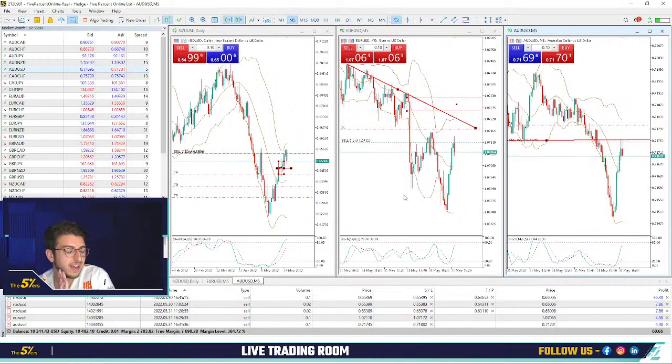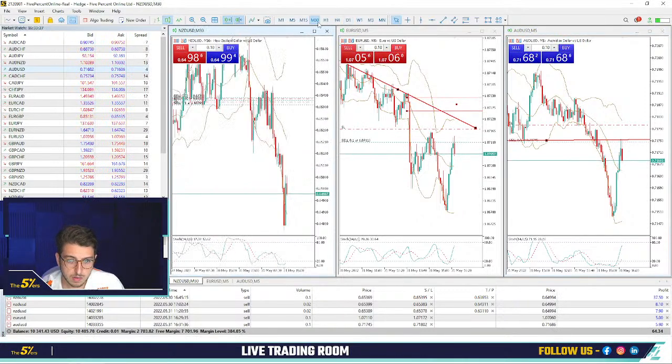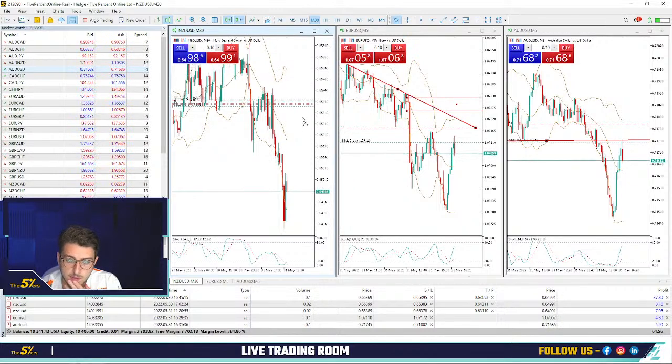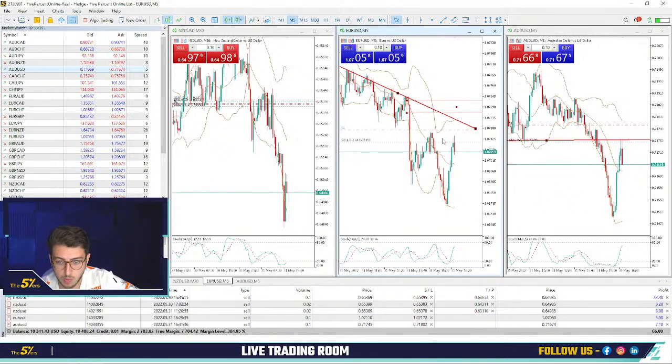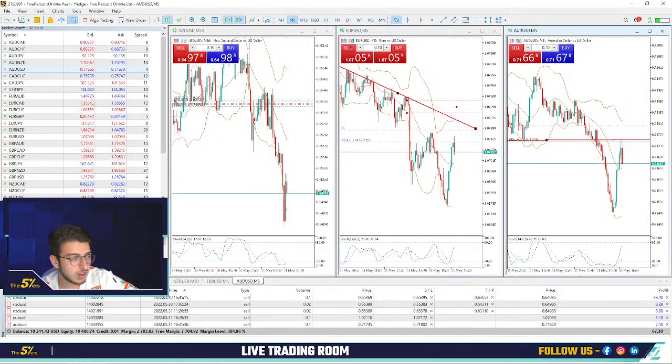Anything on gold? Yeah, gold was pushing a bit up earlier. I was checking for that, but for me, I don't like to trade breakouts. That's why I stopped looking at gold. Actually, good some trades on the euro dollar and Aussie dollar, some scalps. This is going on our side right now. Actually, this is quite the same exposure. So when we have a sell on the euro dollar and a sell on the Aussie dollar, this is quite the same exposure. We are actually buying the dollar.